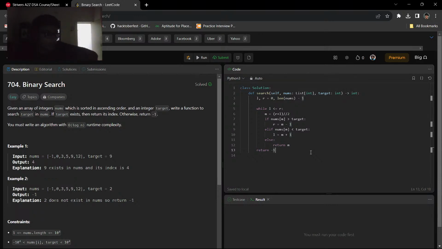Okay. बेसिकली हमको सर्च करना है गाइस। ठीक है, ये बाइनरी सर्च वाला क्वेश्चन है।